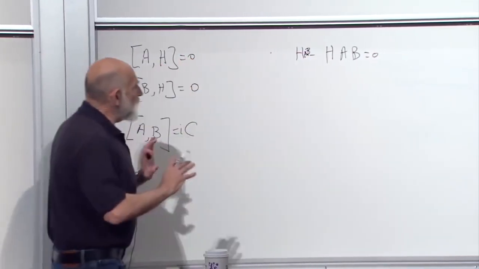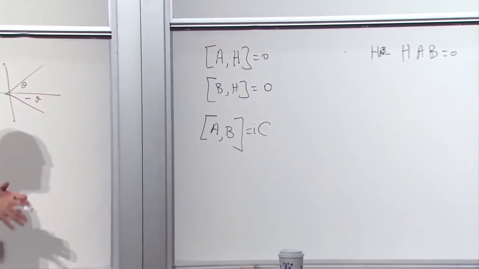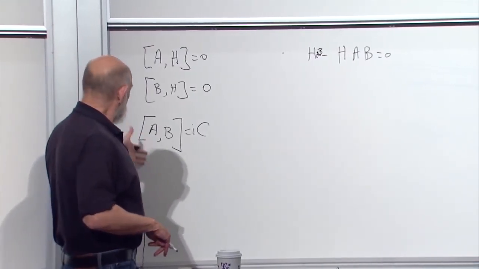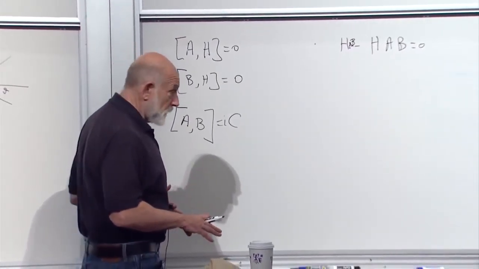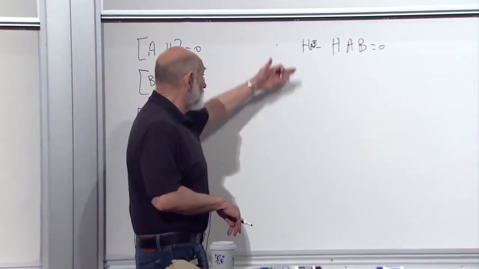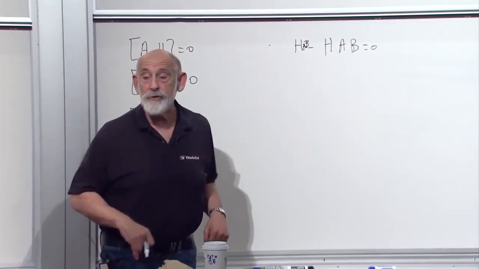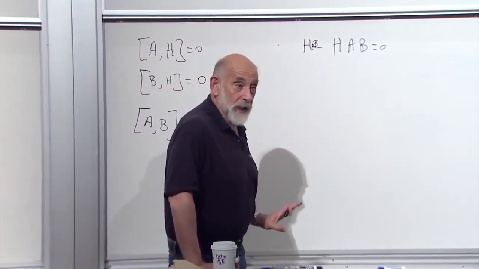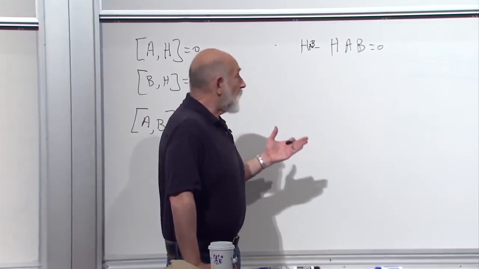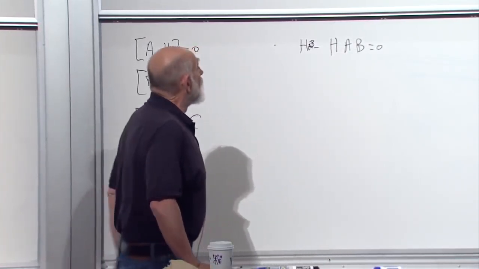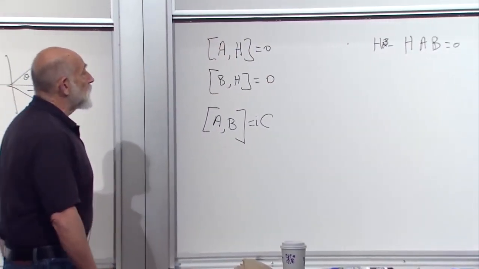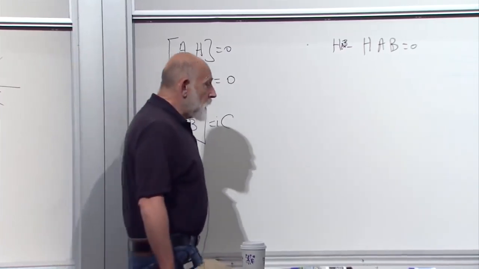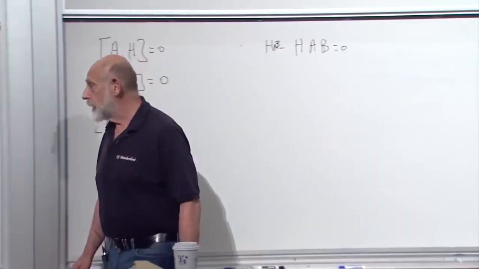So if A and B both commute with the Hamiltonian, then the commutator of A and B also commutes with the Hamiltonian. In fact, the product of A and B commutes with the Hamiltonian. Certainly, the commutator does, okay? I'm not so interested in the product because it's not generally Hermitian. It's the commutator which is Hermitian. So there's an example